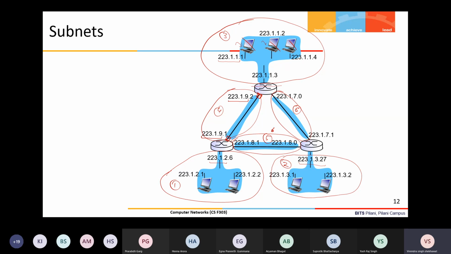So from here, this router has 3 interfaces, 1, 2, and 3. Now how will the forwarding table look on this router? It has the network prefix and the corresponding interface to which the packet will be forwarded. So this is my forwarding table structure on this router. Now how many prefix entries are required so that in this network any machine can communicate with any machine? How many prefix entries are required?